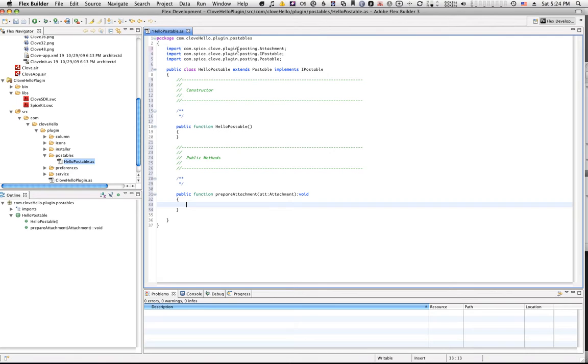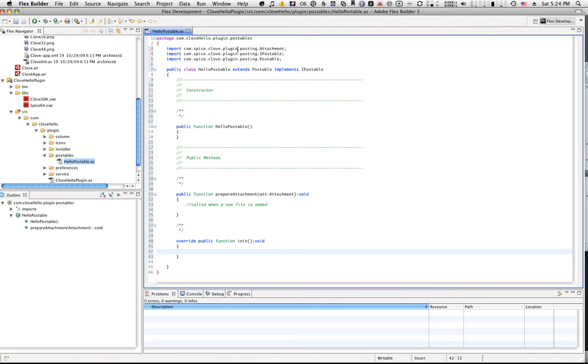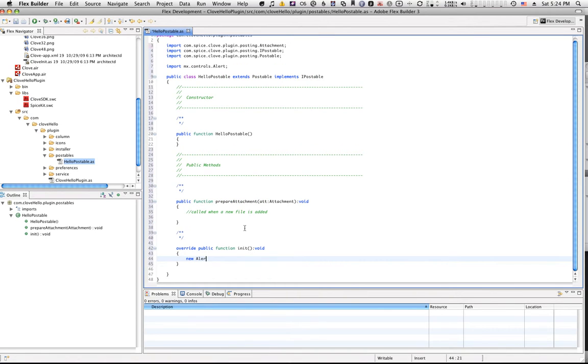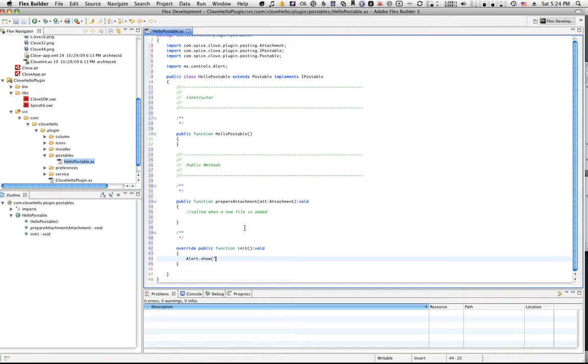Now, prepareAttachment is actually called when a new file is added. So we're going to leave this blank for now, but we'll come back to it in a second. The next thing we're going to have to do is override a method called init. And what this will do is it will be called as soon as I click send. And then we're going to go sending